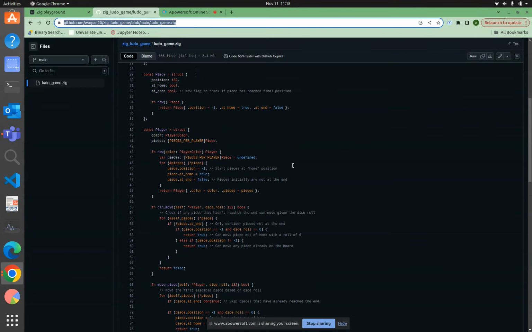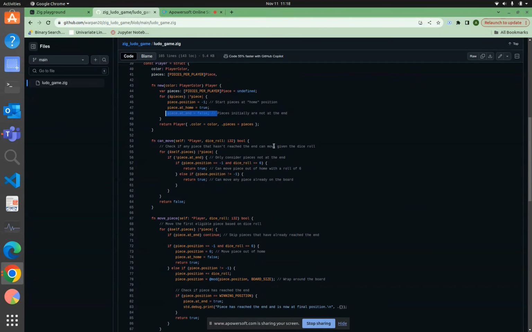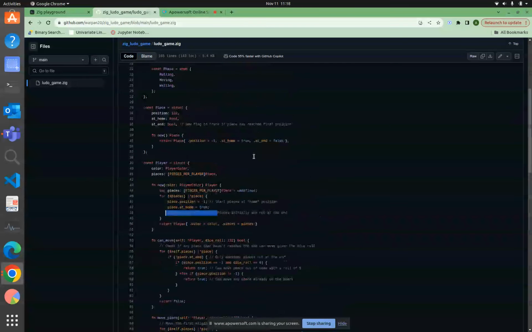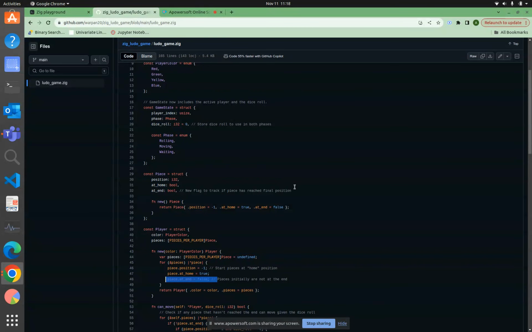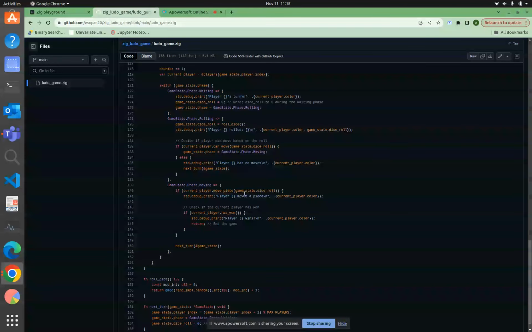So for doing that, I just included one more variable in the piece struct, which is used with the player, right? This is the piece struct. So the player has basically an array of four pieces. Each piece is defined by this piece struct, and you can see an end variable is added to this struct, and there is some logic change in the